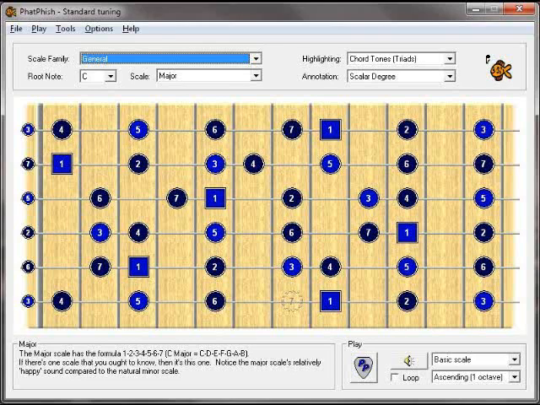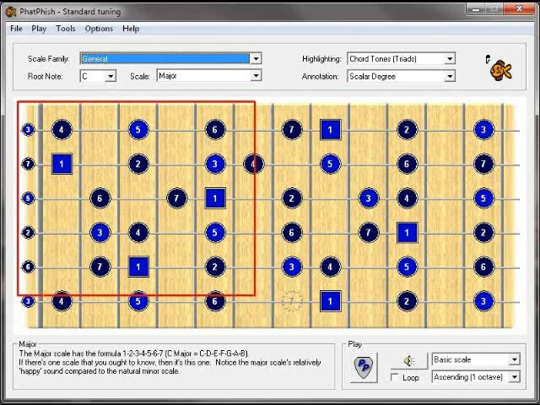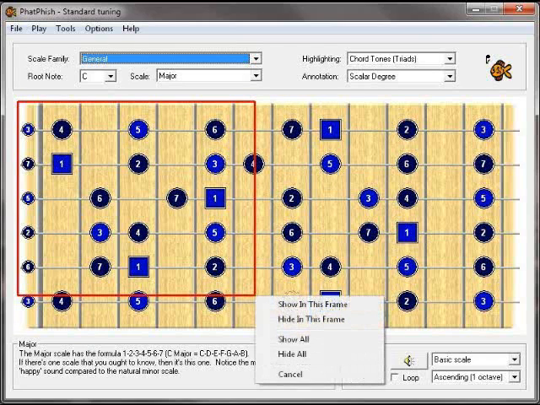What you can also do is, if you right click, you can actually draw a box. If you right click, keep the right button down, move it along the neck, stretch out the box. When you release the right button, you'll get a little pop-up giving you the option to show or hide notes that fall within that frame. So if we hide all of those notes there,